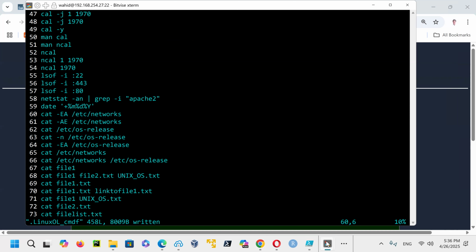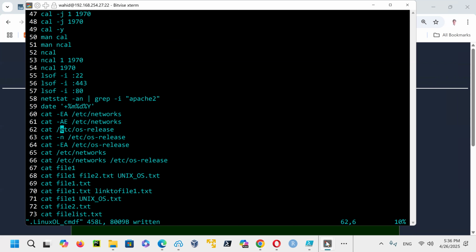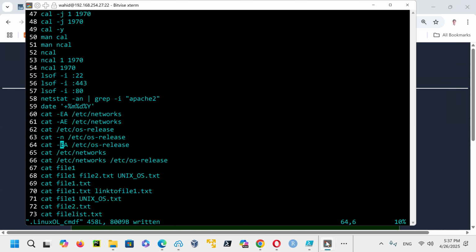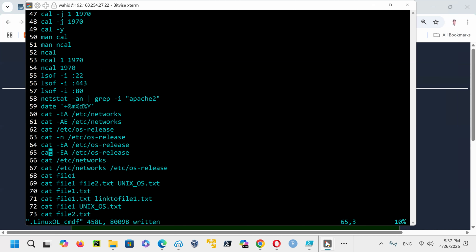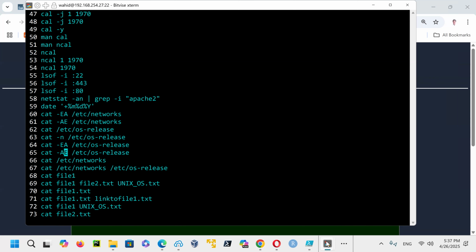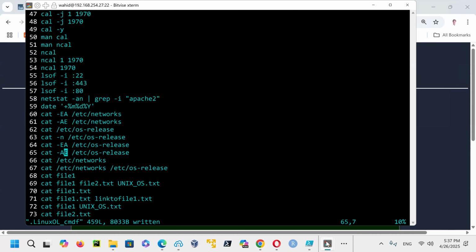So for AE networks, both of them work, then I have the argument. For the os-release, I have dash EA, but not dash AE. So I'm going to just add that dash AE, and then now it should work for both of them, whether you use one versus the other one.